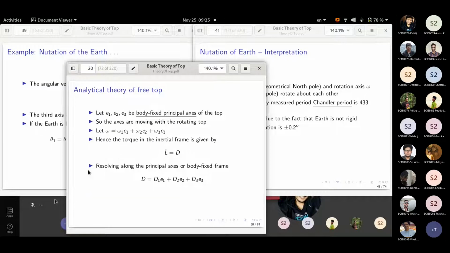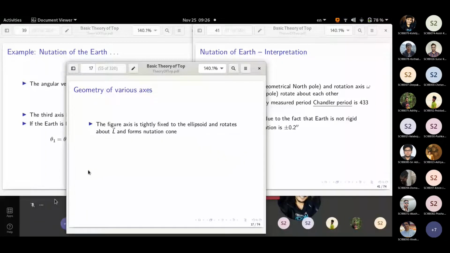One is between the angular velocity and the figure axis, another is between the angular velocity and the angular momentum. So one of them is nutation, one of them is precession. Right now, we have computed that the omega 3 axis is making this revolution with respect to the angular velocity vector. I think earlier I mentioned it that way. In fact, both these things are the same.